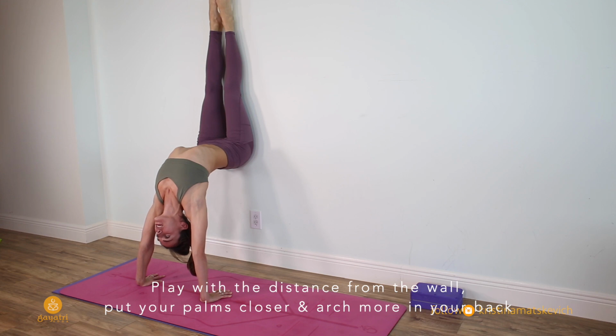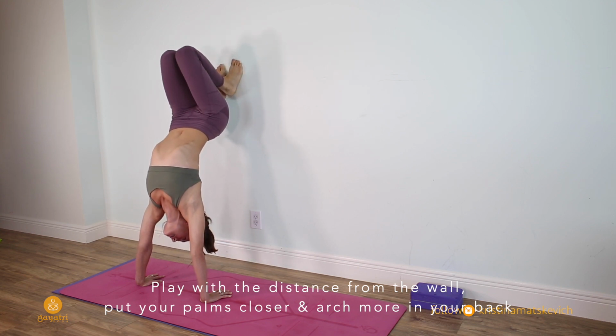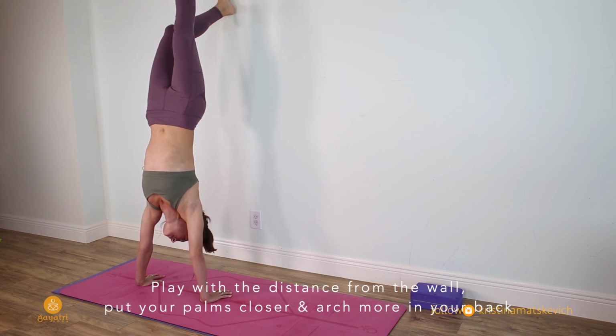Activating the core, observing the sensations. Press the floor away from you. Activate your shoulders. Draw your biceps in. Inhale and exhale. Slowly start sliding your feet in towards the glutes and moving the glutes away from the wall. Start gazing between the palms, extending your legs. Maybe you can transition into your handstand for a second